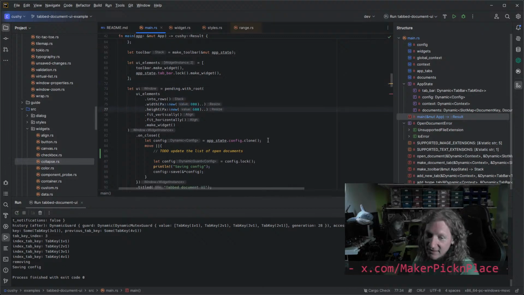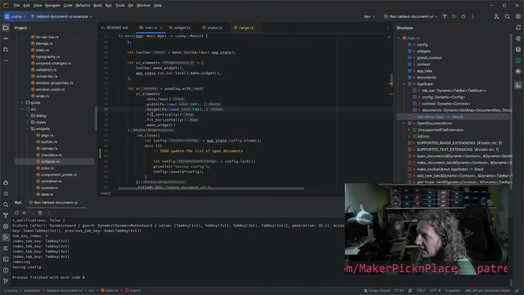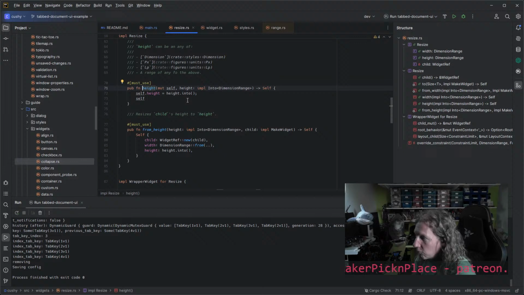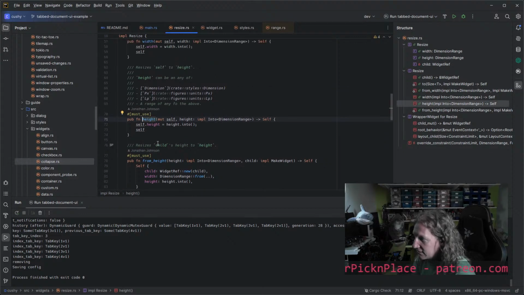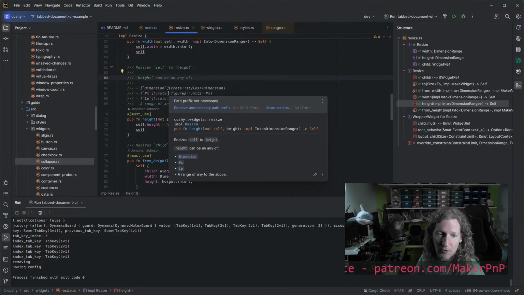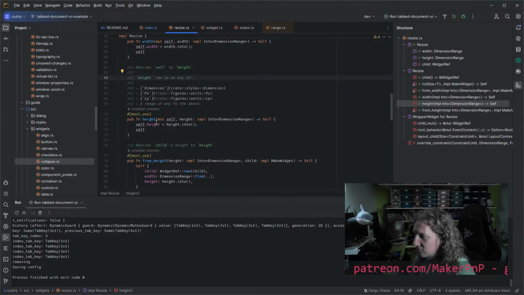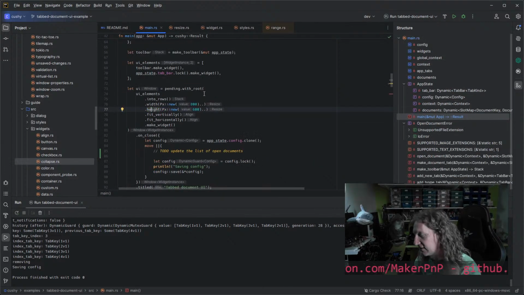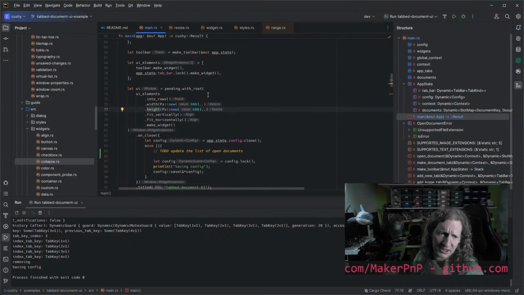You can tell me in the comments if you disagree with my thoughts there, but it's not easy to work out what you can specify in here. A range of any of the above, but why and how? So yeah, discoverability is curious. Other things about Cushy compared to Iced,